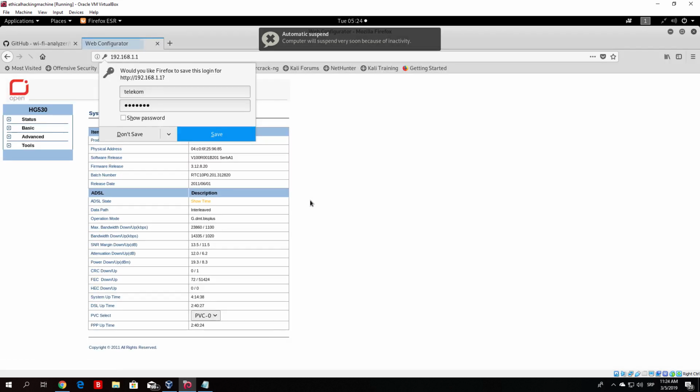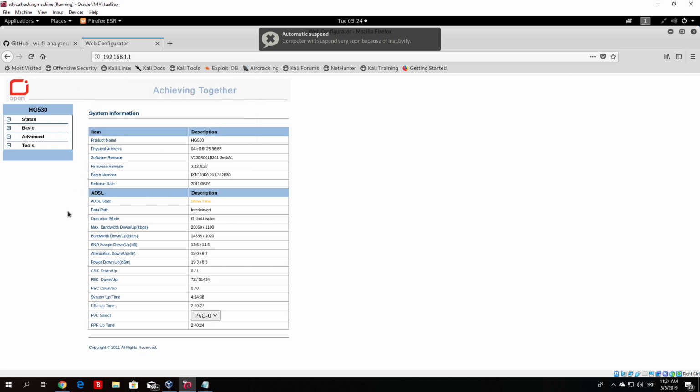Some people, for example, think that if they put their network in hidden, if they hide their network name, they will be safe. So basically the attack that I showed you in the previous video, which was discovering the hidden network name and connecting to the hidden network with just a name, some people think that it is a security measure, and in reality it is even easier to hack that kind of a network